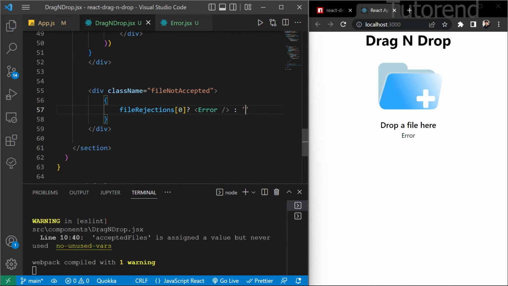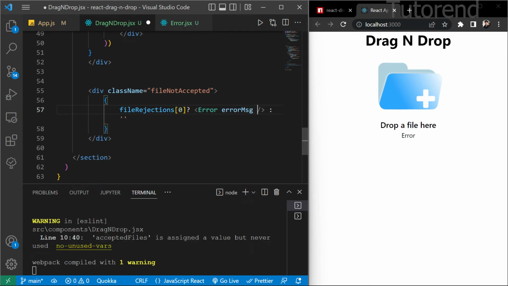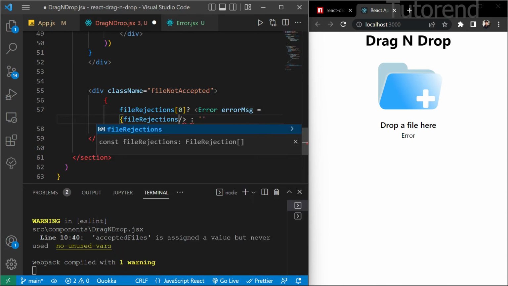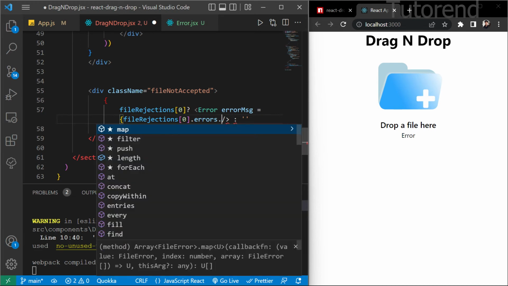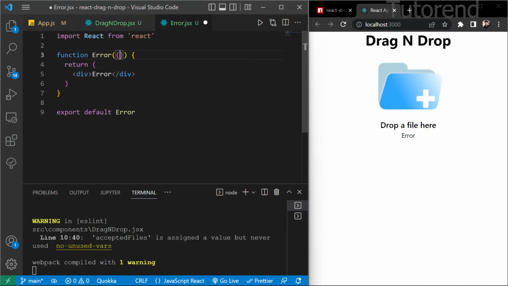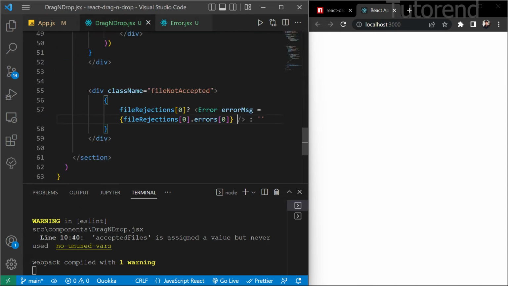So for these files having at least one error, we are going to write the index 0, and for each error type we are going to show this component. And let's give this error component props of error message or the error file, and now let's import it as the prop and use this. So there shouldn't be a problem. Now let's change the prop name to error m,